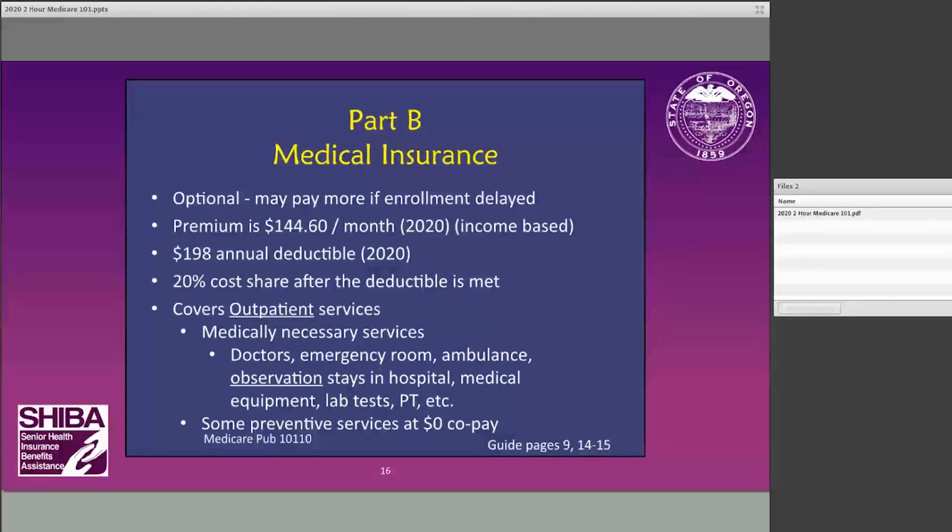The second part of original Medicare is called Part B. Part B is your medical insurance, and as I mentioned earlier, this is the heavy lifter of the Medicare program. Now, this is optional. Folks do have to pay a monthly premium for this. If you don't jump in at the right time, you might incur a delay and an additional penalty amount that